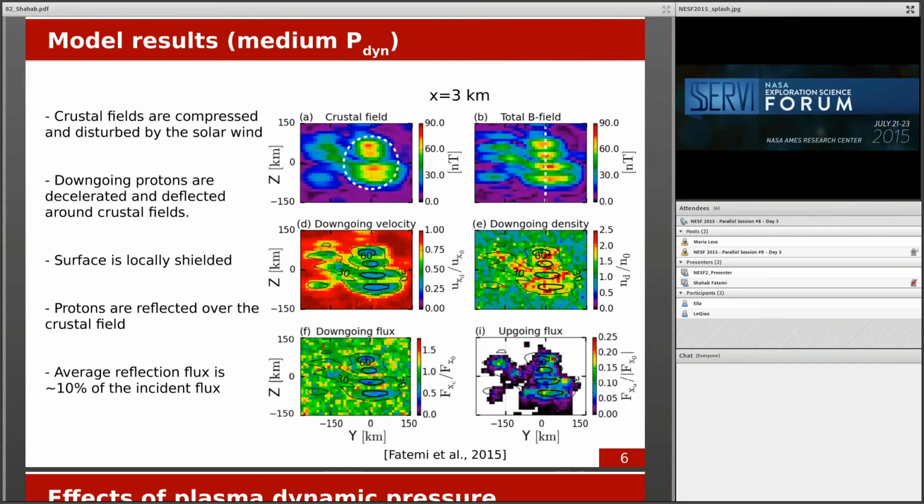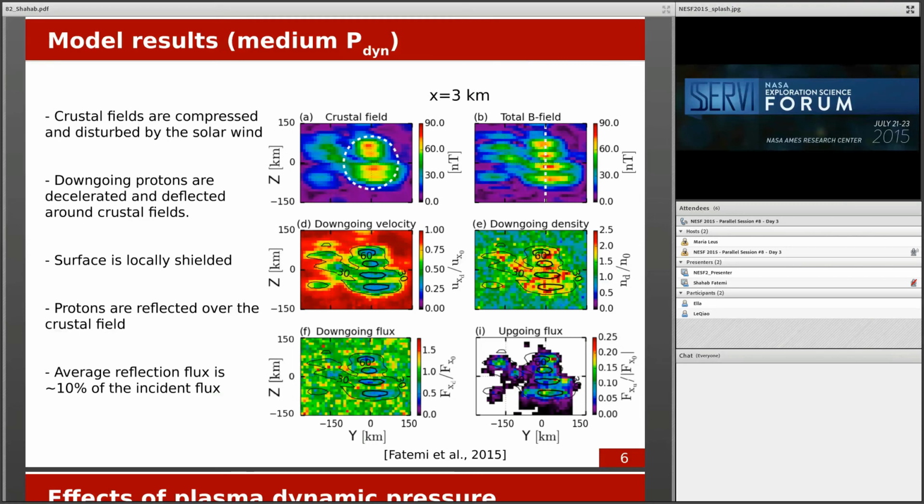that's the right panel in the middle, shows that the solar wind protons are deflected around the crustal fields, around the strong crustal fields. The bottom panel shows that the downgoing proton flux is decreased by about 50%, so the crustal fields are shielding the surface from solar wind plasma. And the bottom right panel shows that the flux of the reflected protons moving away from the moon, we see that the reflected flux is about 10% of the incoming solar wind flux, which is